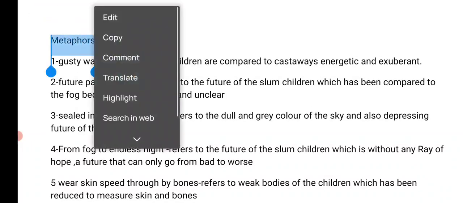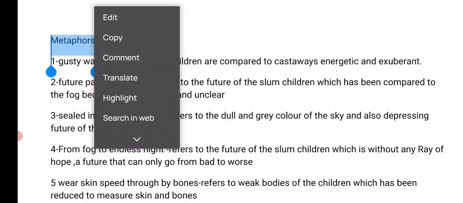Understand? So this is what we discussed in the last three videos. Now I think we need to actually focus on today's session's topic, that is poetic devices. We have to discuss, so we'll go through all the metaphors that have been used in this particular poem, An Elementary School Classroom in a Slum Area. So what is a metaphor? It is actually when a writer compares one thing to another without using